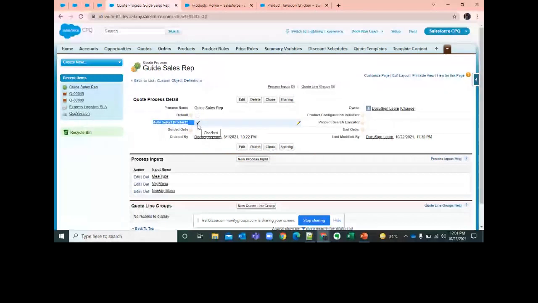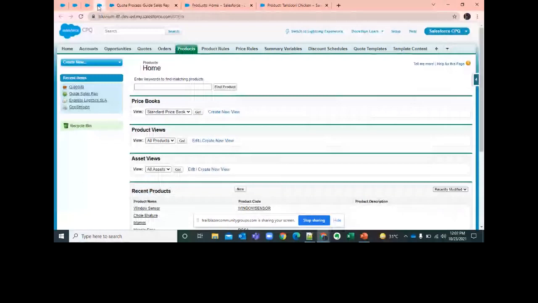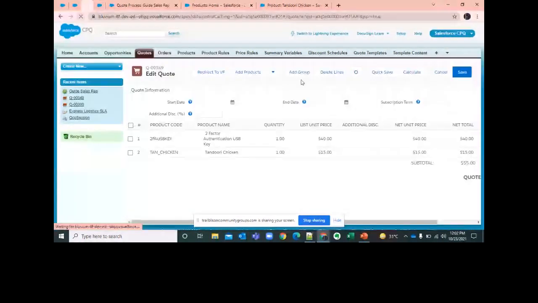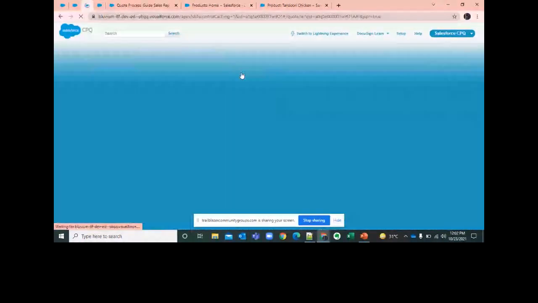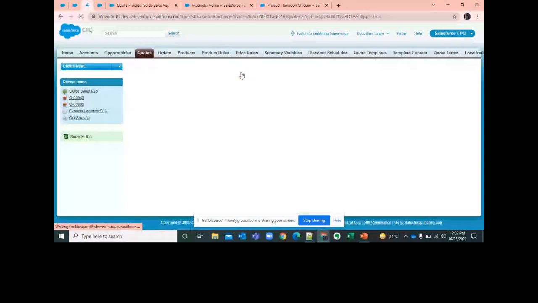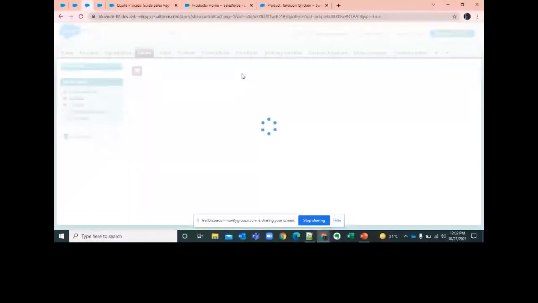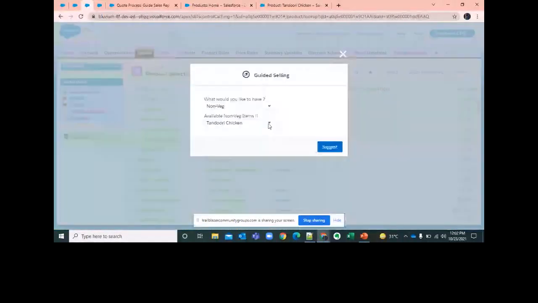If you have a single product and auto select product as true, it will automatically add that product to your code. And if we deselect this and check again, it won't add it automatically. Let me refresh this. Add products. Again suggest. See, it stays there only.